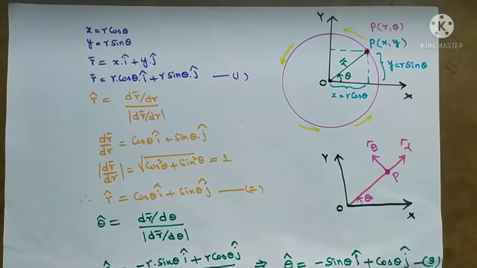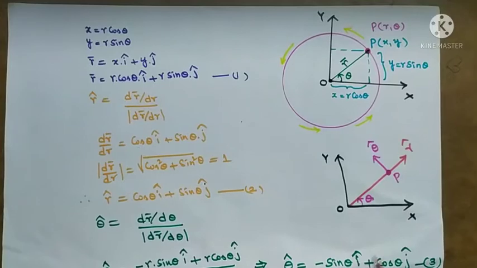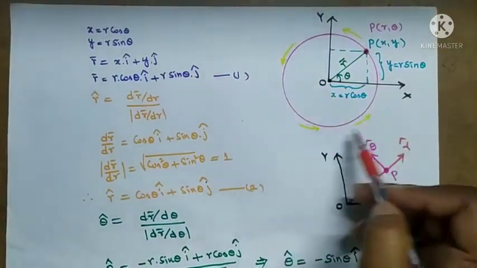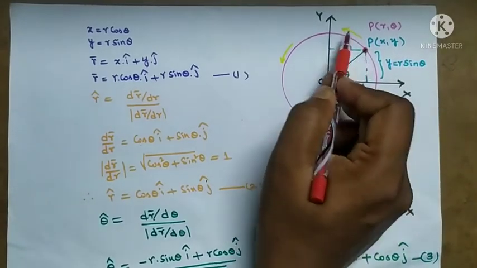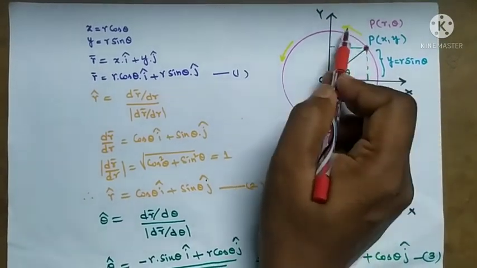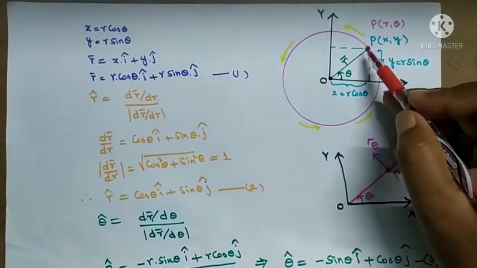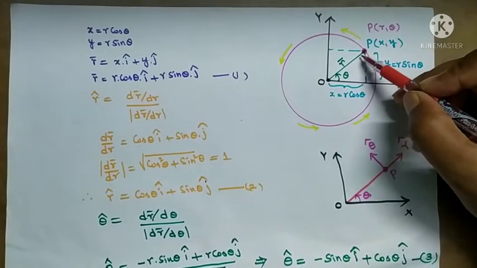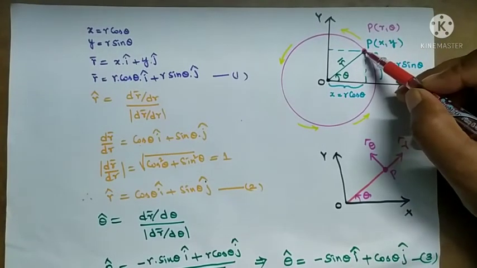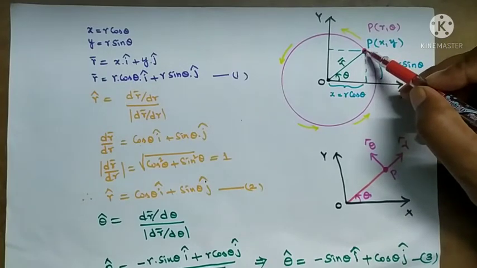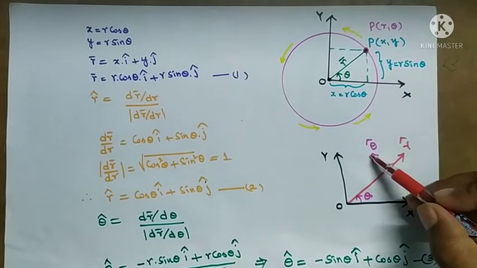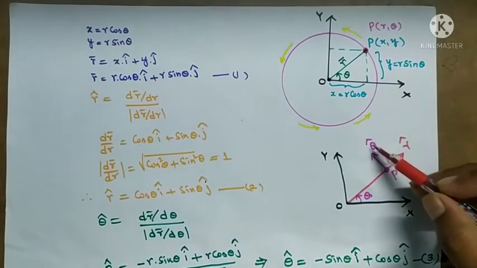So this is the unit vector of this angle theta, and this is acting in the increasing direction of this angle. Actually the particle is moving in this path, so you have to draw a tangent to this circular path. The tangent direction will indicate the theta cap, so that is exactly perpendicular to the radial vector. The radial unit vector is acting away from the origin from this position, and perpendicular to that position the theta cap is acting like this. This is the unit vector of angle theta.